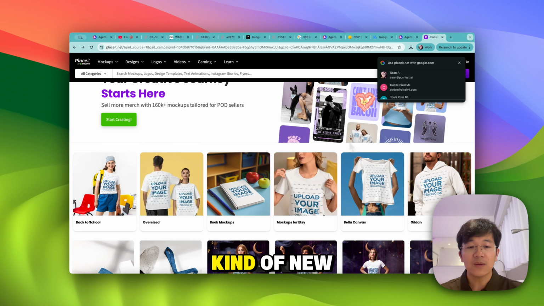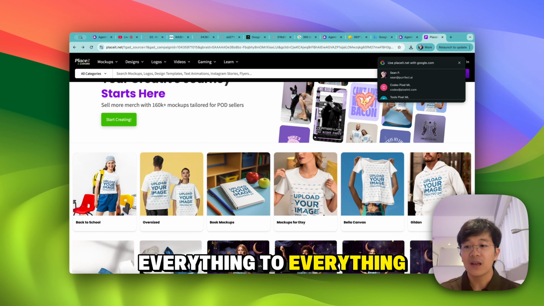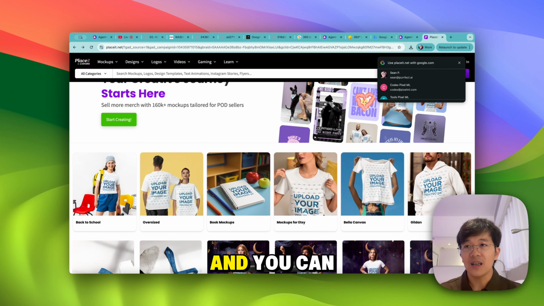But with this kind of new image generation model, you can put everything to everything, any product to any guy. And you can even create kinds of UGC ads. For example, you have a product and you turn it into someone holding that product, and then you can animate that someone into a person talking about that product for 5 seconds or 10 seconds. You should see that on TikTok and so on. People are going to flood the internet with these kinds of ads in the next couple of weeks or a month.